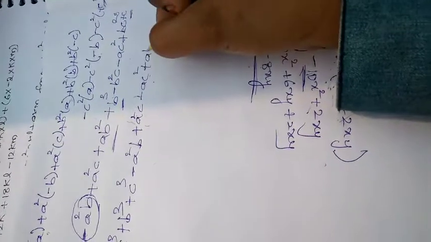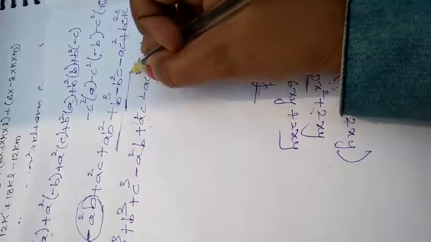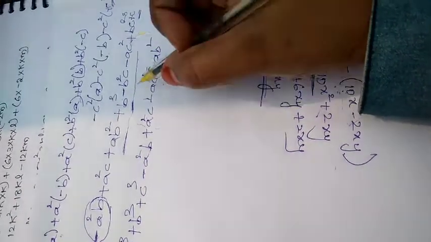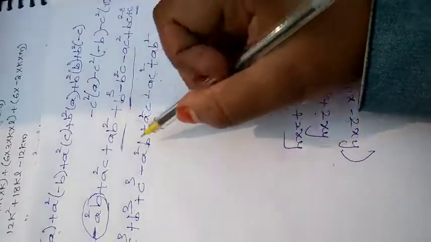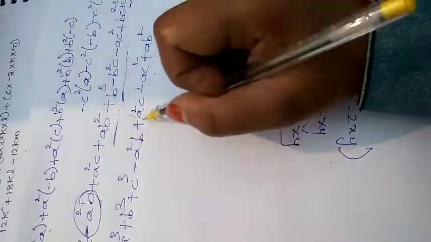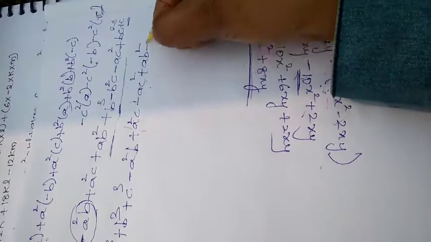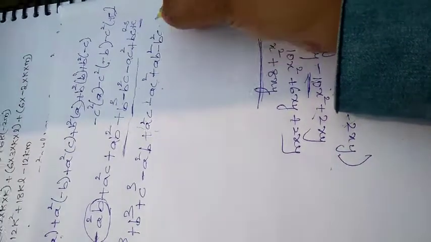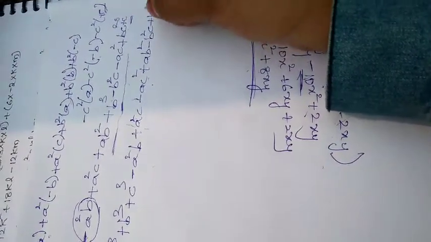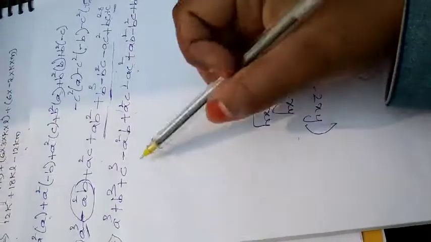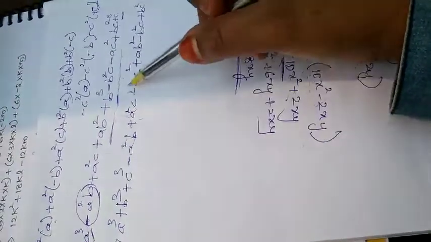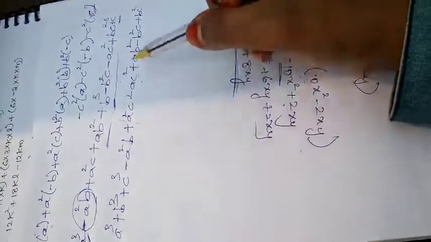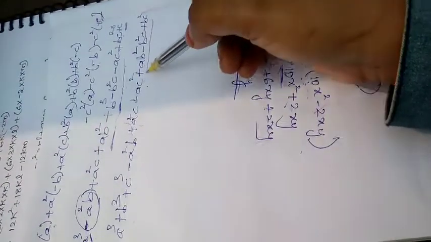Next plus ab square. So I'll write plus ab square. We finish writing all this. ab square is done. Next b square c. Where is b square c? We didn't write. So let us write minus b square c. Okay. Next plus bc square. Okay. All are unlike terms only. So we cannot do any simplification. So just I have written in the standard form. Okay. We cannot simplify this. So this is your answer.